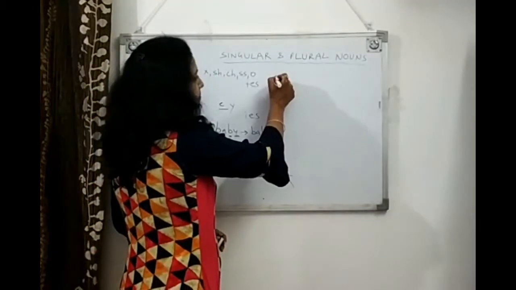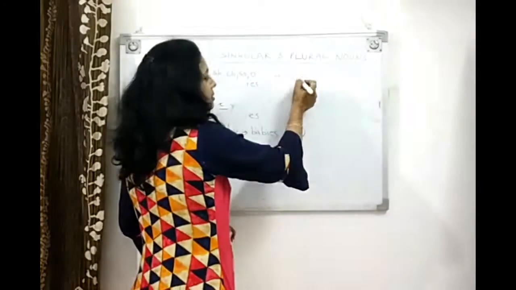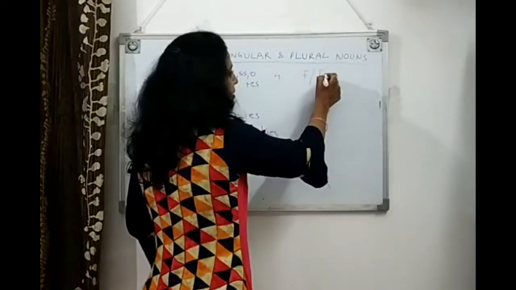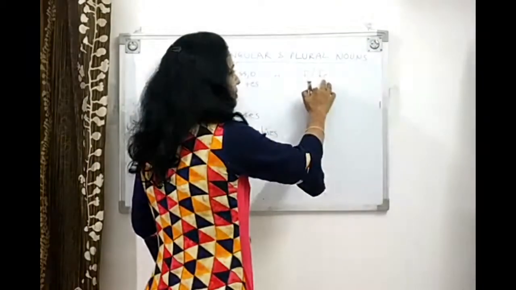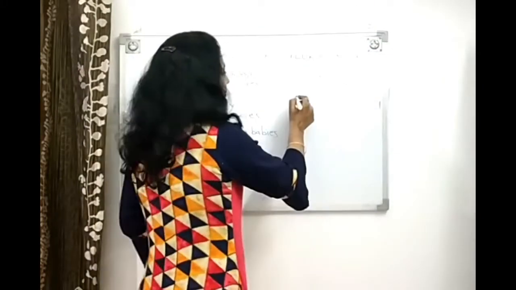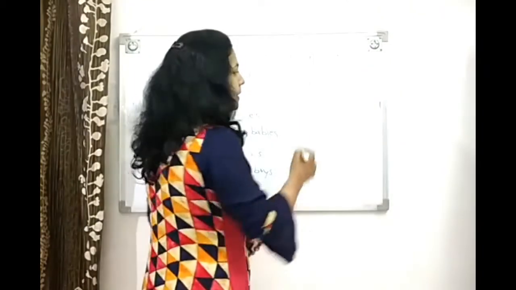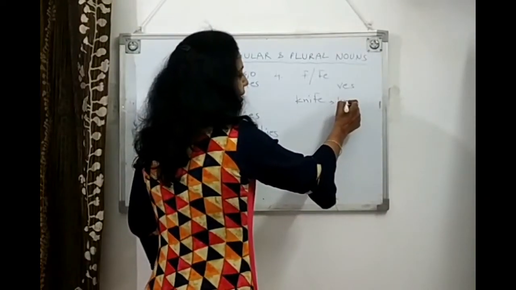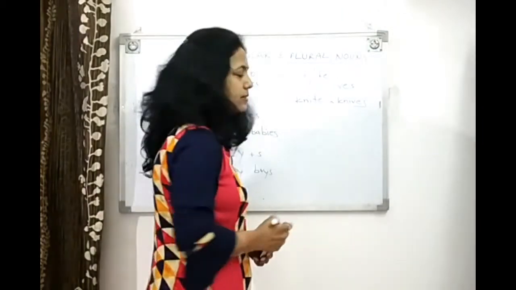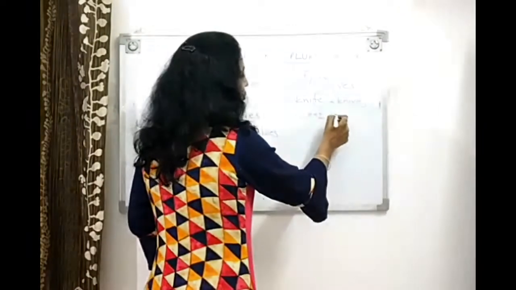Then fourth is if the last letter of any word is either only f or the last letters are fe. In such cases we replace them with ves. KNIFE, knife, जिसका मतलब है चाकू, इसका plural होता है KNIVES, knives. This FE is replaced by V-E-S. L-E-A-F, leaf. Here F is the last letter. The plural of leaf is